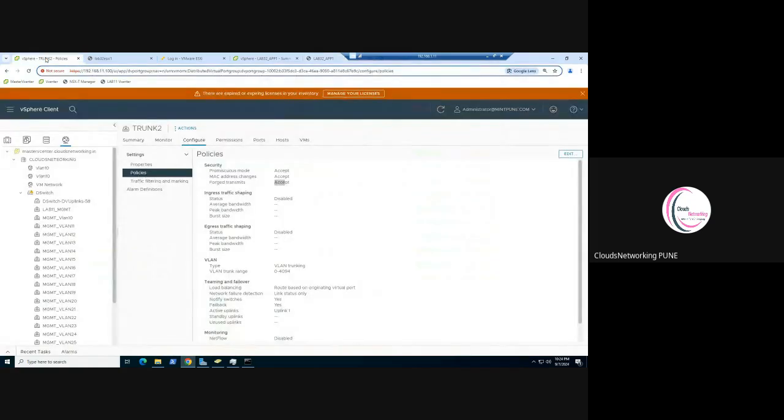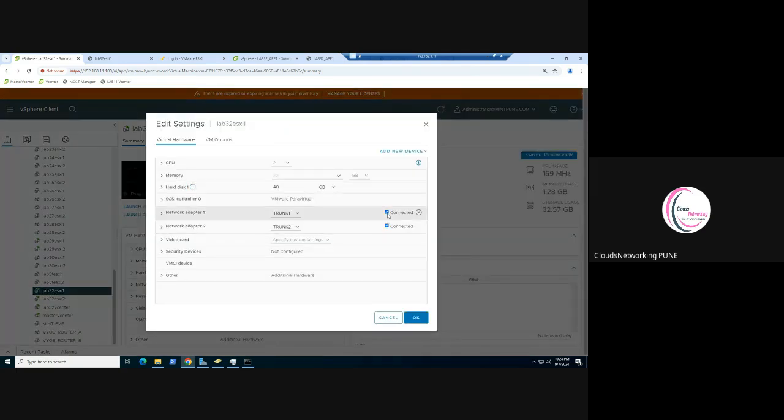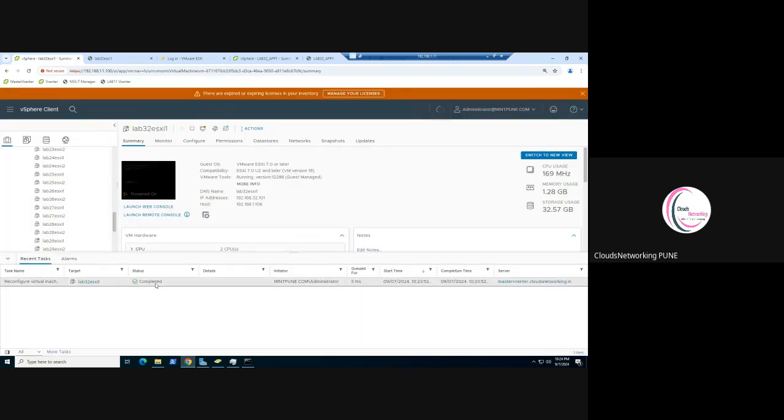I'll go to my master. Whenever you want to do any changes on your lab, then you have to refer to master. Okay. I'll go to master 31. This is the one, right? These are the trunks. I can go ahead and uncheck the uplinks. Uncheck means I'm going to unplug those physically. This is logical. We are in the logical world, and make sure that the changes are taking place completely. So what has happened,